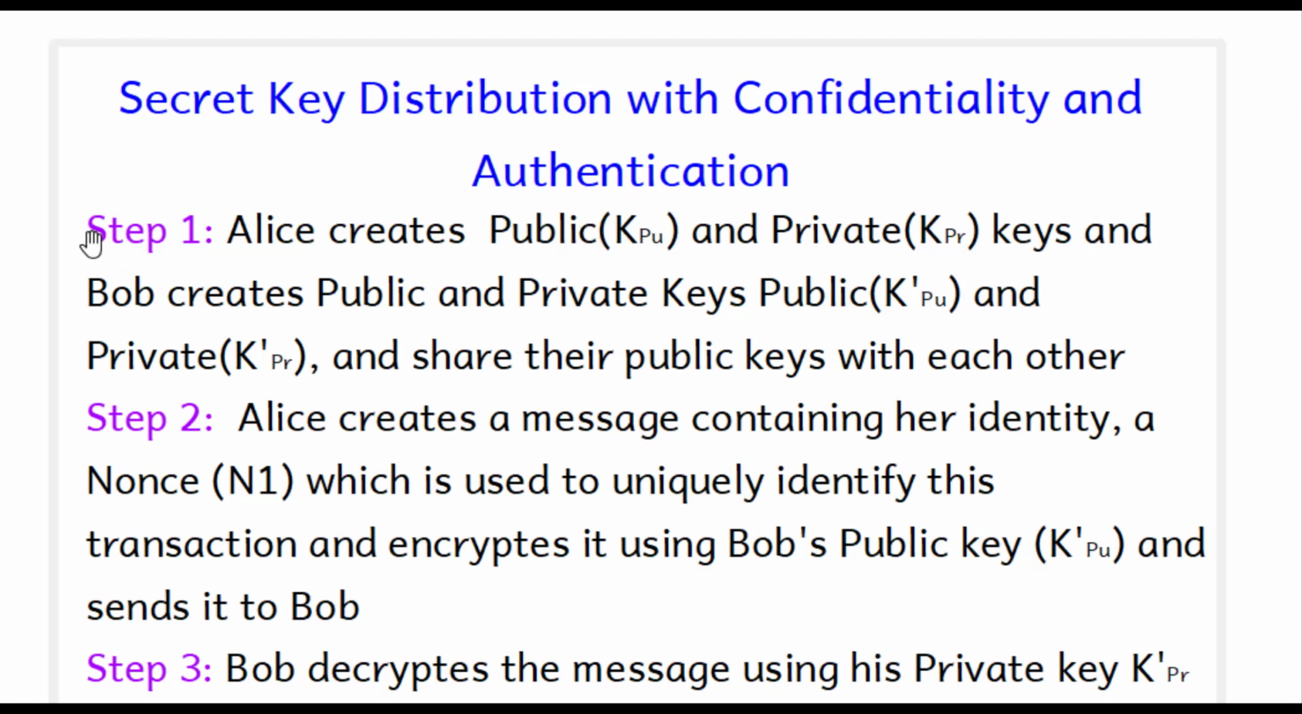Okay, so in step 1, Alice creates a public and private key, and Bob also creates his own public and private keys. So KPU is the public key of Alice and KPR is the private key of Alice. Similarly, KPU and KPR are the public and private keys of Bob. Alice and Bob share their public keys with everyone, but they do not share their